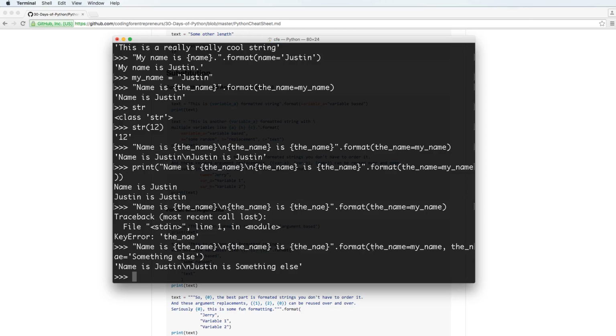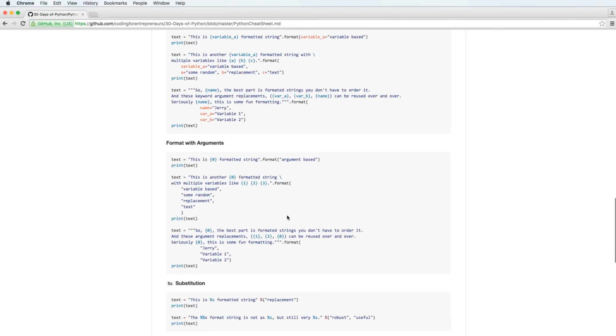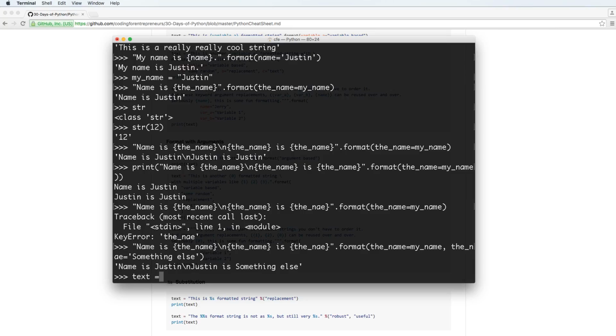So this is just a keyword argument, right? So that's a keyword right there, and this is the argument that goes into that keyword. So the next part is just regular arguments. So arguments that aren't named, basically. We don't give them a name, we just have them in some sort of order. So to do this, we'll say text equals to, this is an argument, and we'll just put in 0, not a name, right? Just a position number, basically, is 0. And then you do dot format,